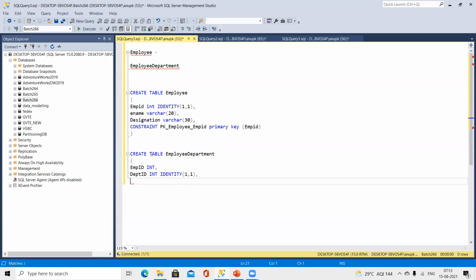So I'm creating the employee and the department tables. The purpose is to know which employee works in which department, right? This is what finally I want to know from this query. Now here I'll create the same constraint like this. Here I'll write employee department,